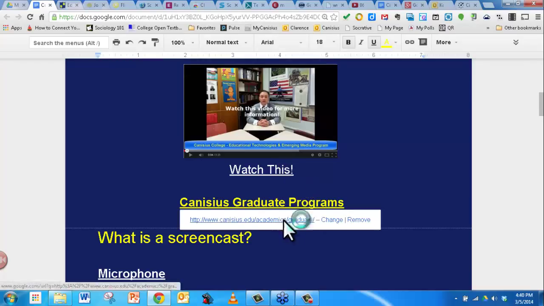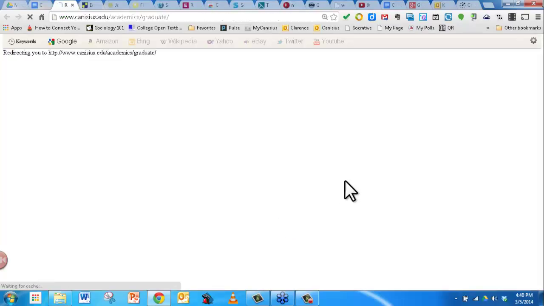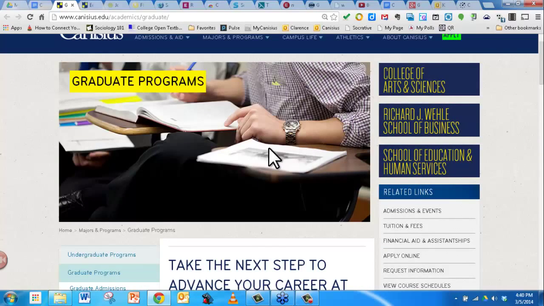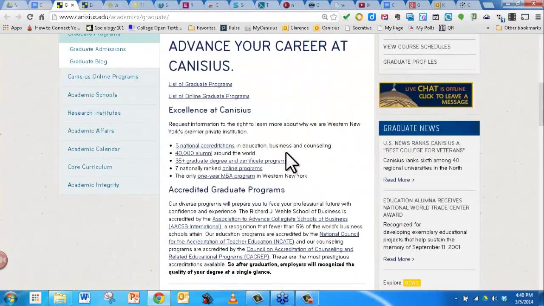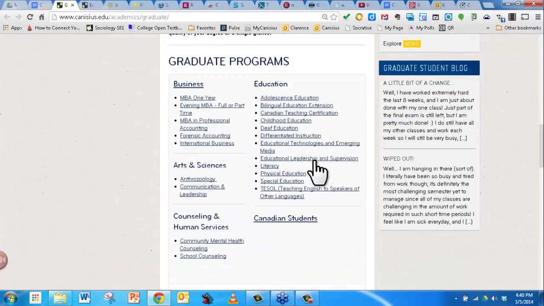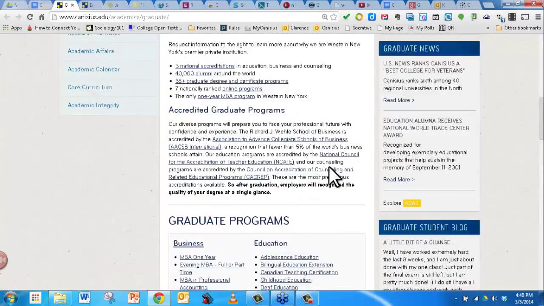Also, we have wonderful graduate programs at Canisius, both online and face-to-face. I'm also an alumnus of Canisius. I did both undergraduate work and graduate work at Canisius, so I can't even tell you how wonderful I think the place is. So please look at the programs. If you're interested in graduate school, in many different fields, education and other areas, please go to this website